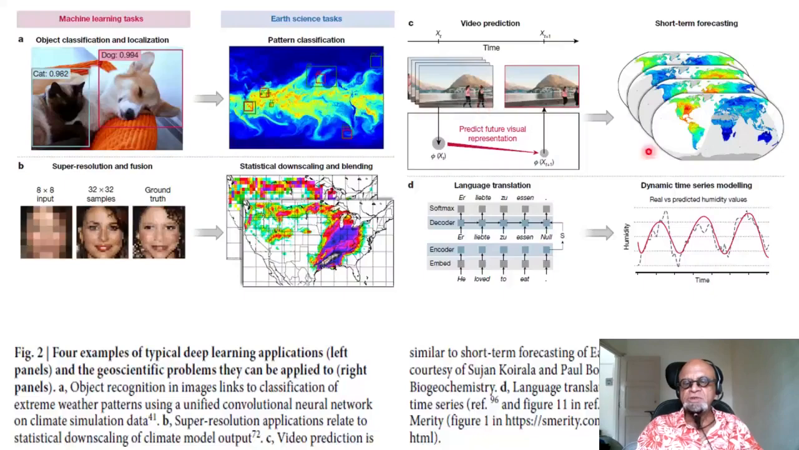And the right image is courtesy of Sujan Koirala and Lola. And D here is language translation links to modeling of dynamic time series here, and left image courtesy of somebody else. So basically you get the idea that object classification and localization is very easy for RGB images, whereas if you think about fusion, super resolution and fusion, etc., you want to use the same idea now for Earth system